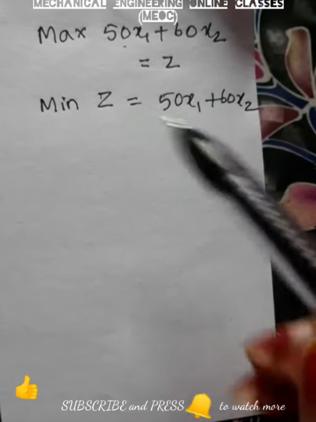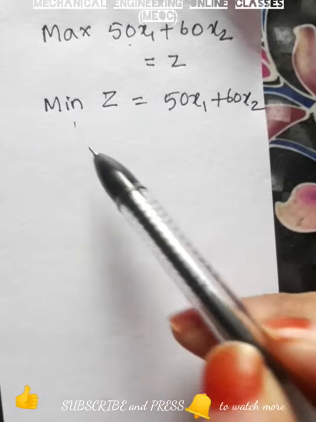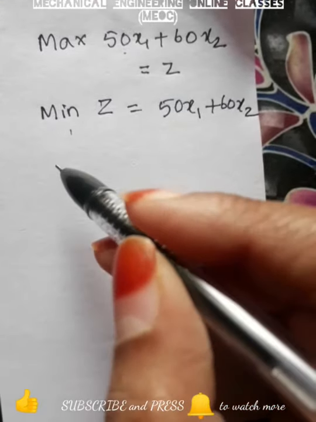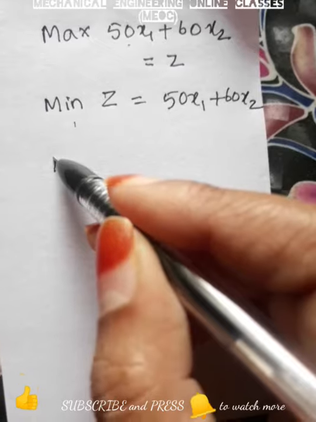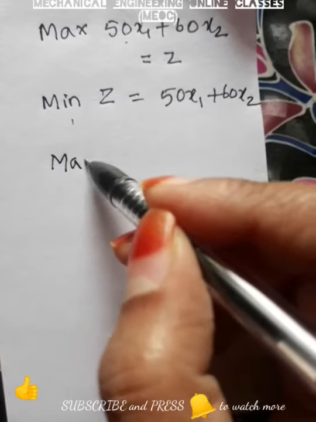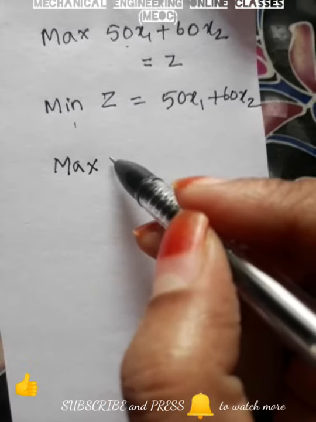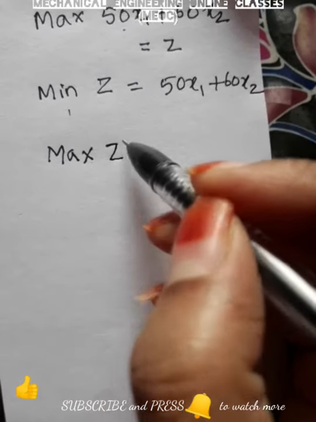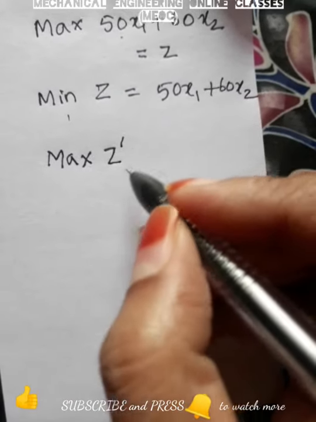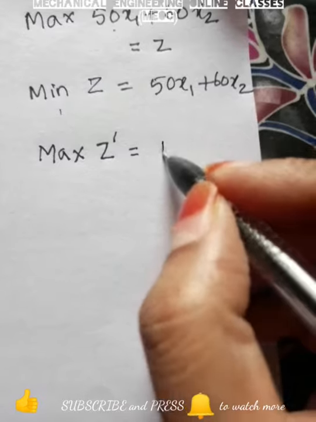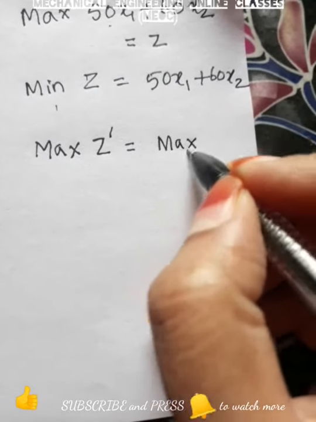In this case, if I want to convert this min type problem into a max type problem, what I have to do is, I will write the same objective function in maximization form, that is maximization of z dash, which is nothing but maximization of minus z,